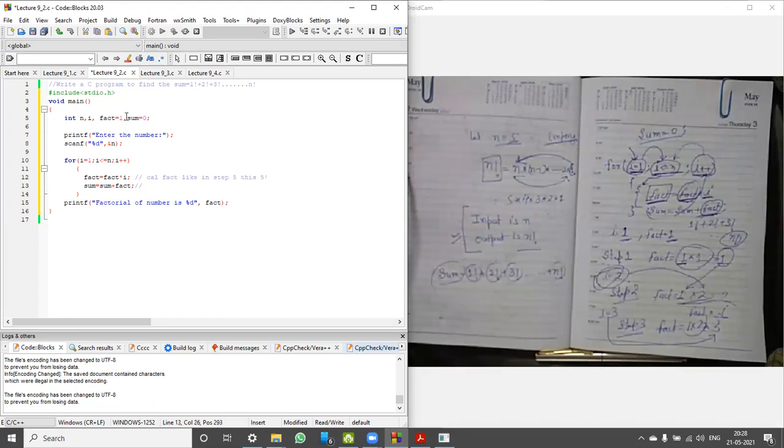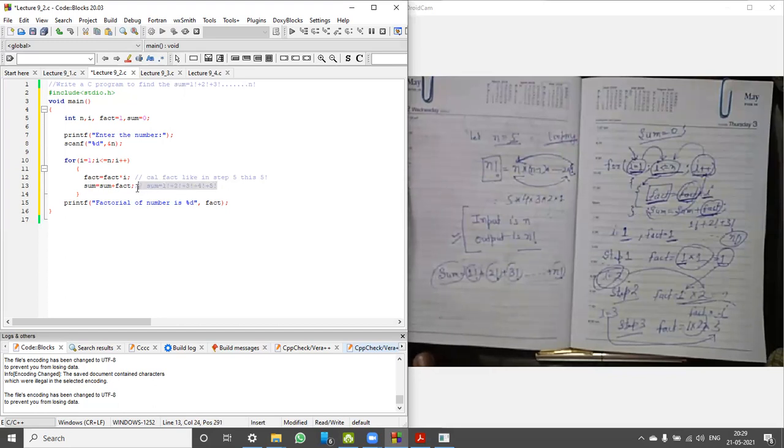And at that step, sum is equals to 1 factorial plus 2 factorial plus 3 factorial plus 4 factorial. This is the previous sum. Okay. This is the previous sum. Now I can like this. This is the value of sum at step 5. Now I am adding this 5 factorial to this. This is very simple.